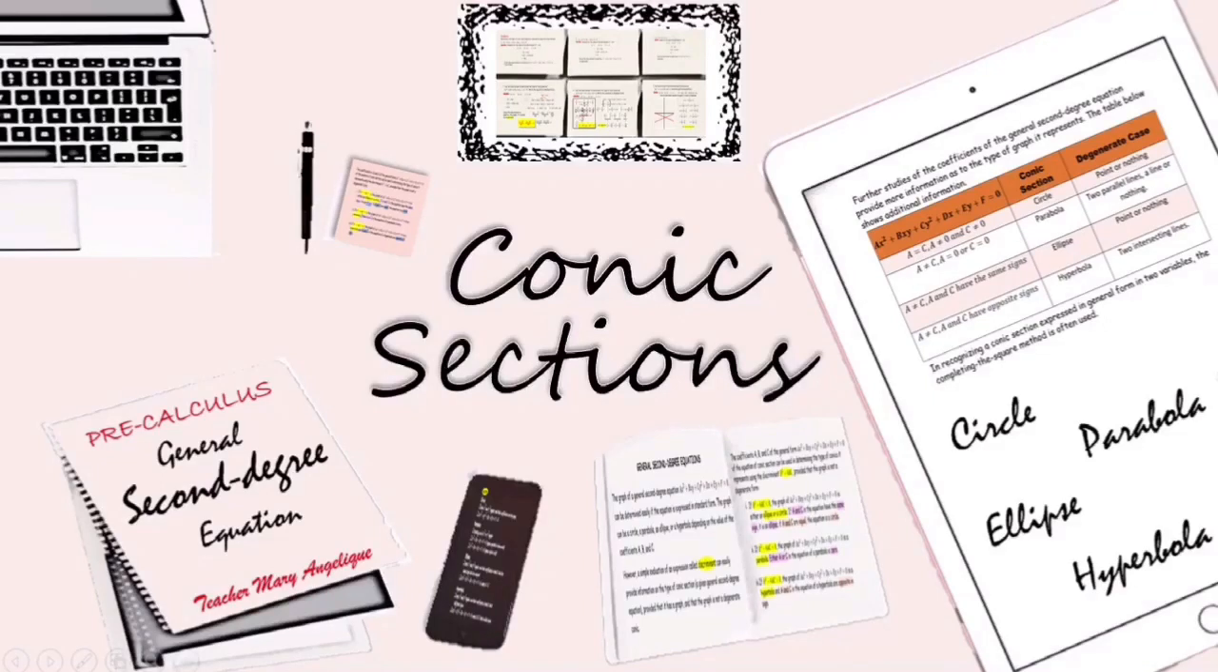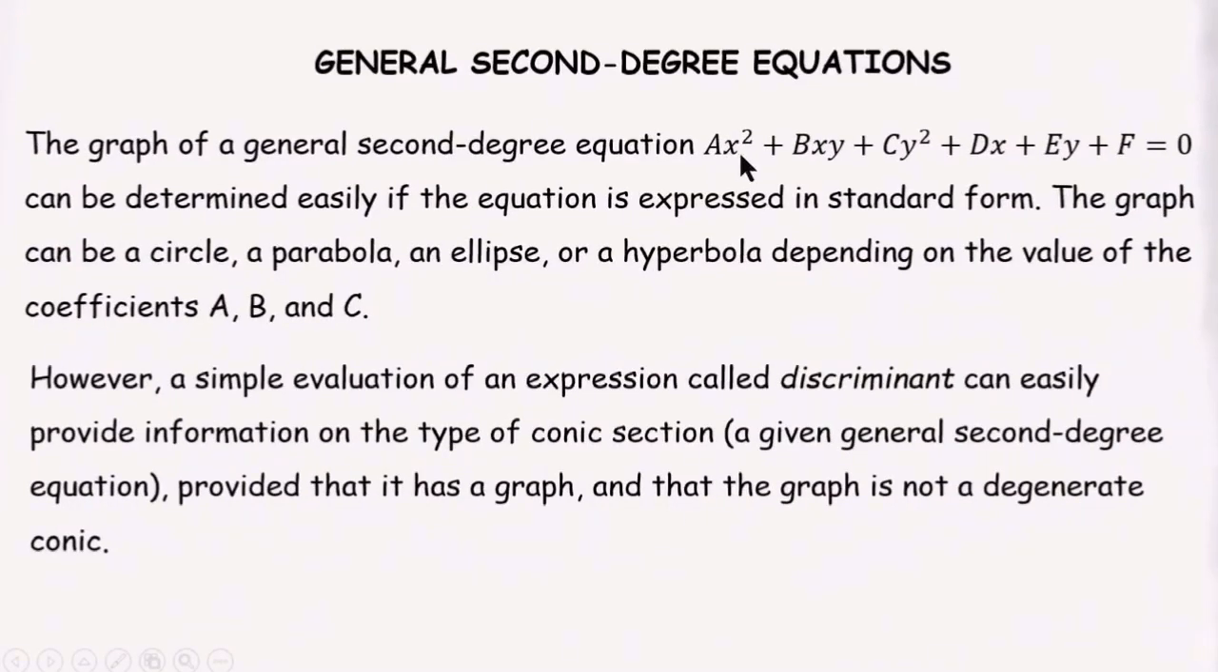The four non-degenerate conics, namely circle, parabola, ellipse, and hyperbola, have been discussed in detail. In particular, standard equations of these conics were derived. The expansion of these equations gives rise to the general second-degree equations. In general, conic sections have equation of the form ax squared plus bxy plus cy squared plus dx plus ey